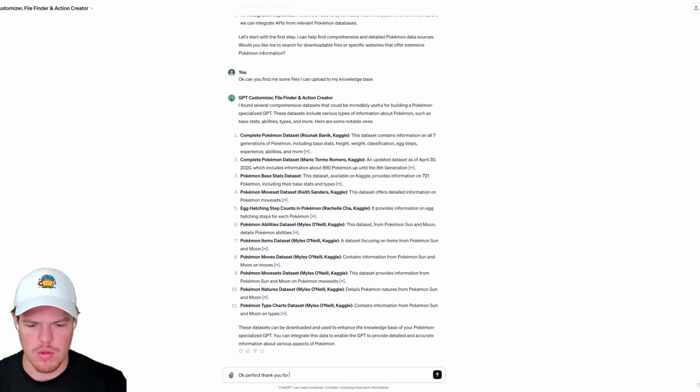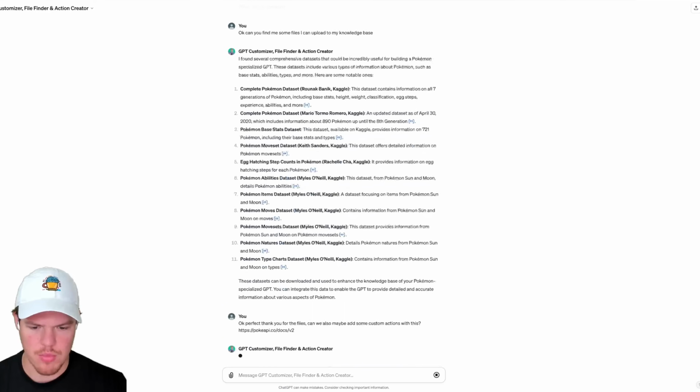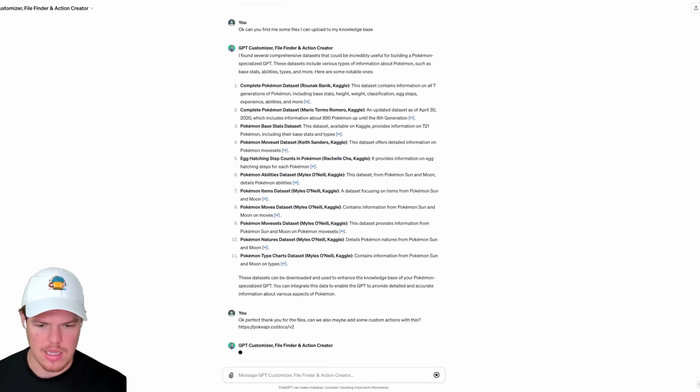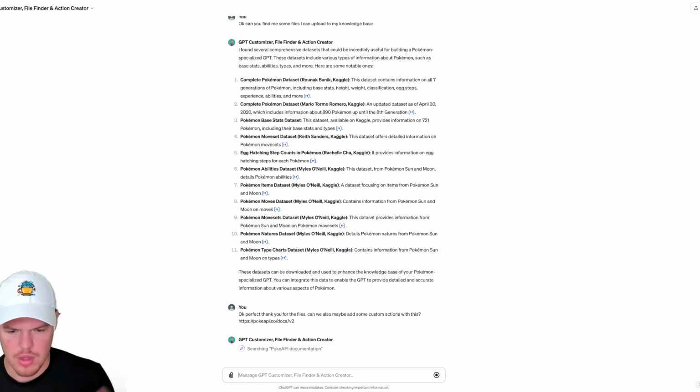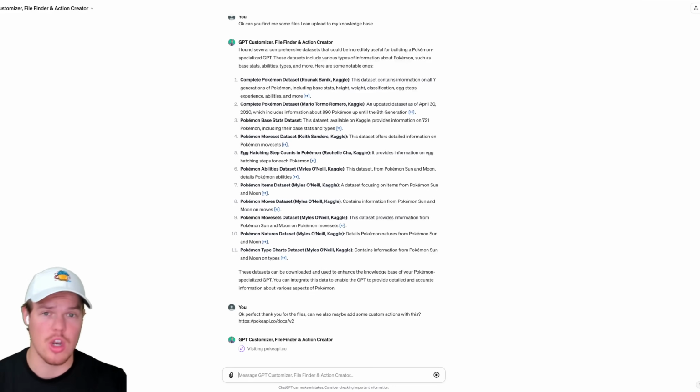Thank you for the files. Can we also maybe add some custom actions with this? Question mark, and then put the documentation file link right here. As you see, it is searching through the API documentation that I provided. Poke API, I think it's completely free from my understanding. I don't even think it requires an API key, so I think it's actually just a no auth,